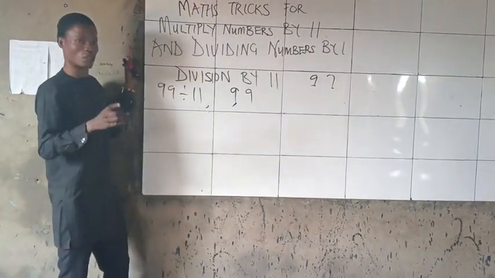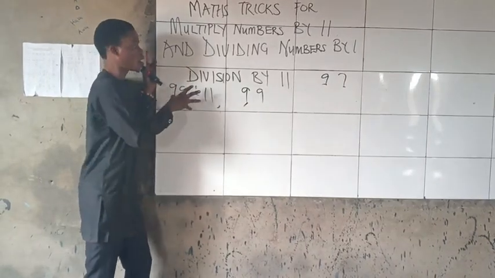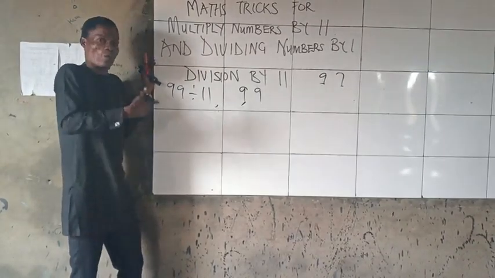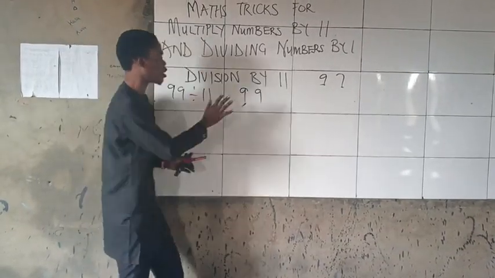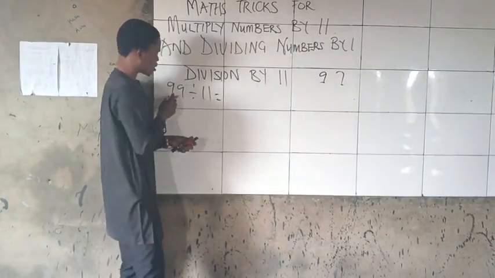You can go and watch that video, the link will be in the description, on how to know if a number is divisible by 11. That's just the rule for divisibility by 11. But how do I then divide? That's what this video is for. So now, to divide this number,